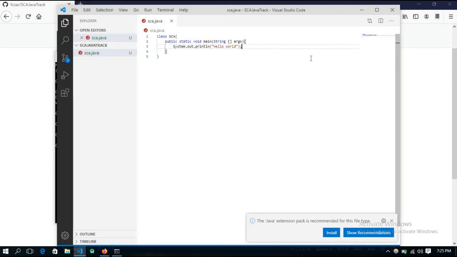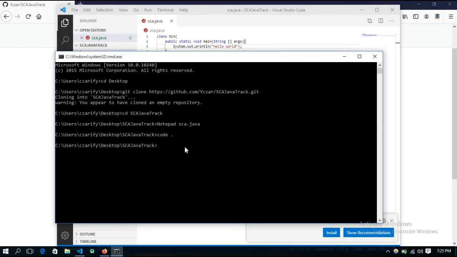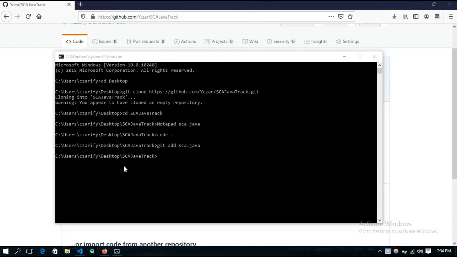For instance, I say git add followed by the file name, so our file name here is sc.java. As you can see, nothing appeared to have happened, but that's okay. I have now added sc.java as a file that I want to track the next time I make a save. That save process is what we call git commit. Commit is just a way of saying take the repository's current state and save it. So how that will work is we'd say git commit